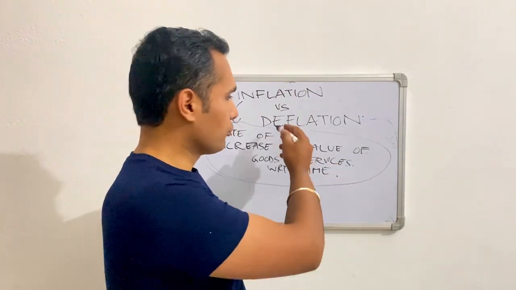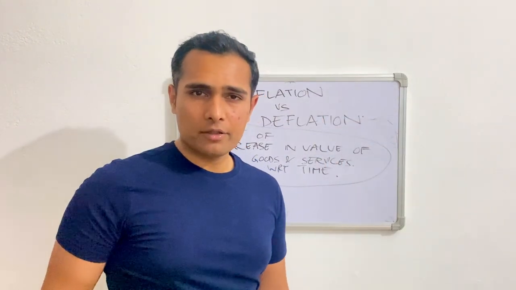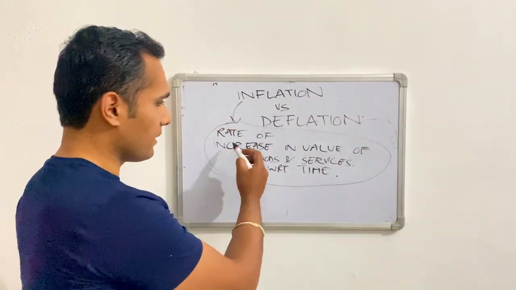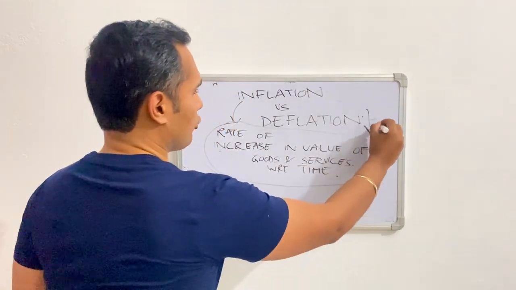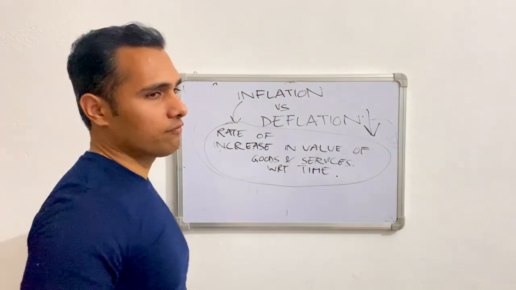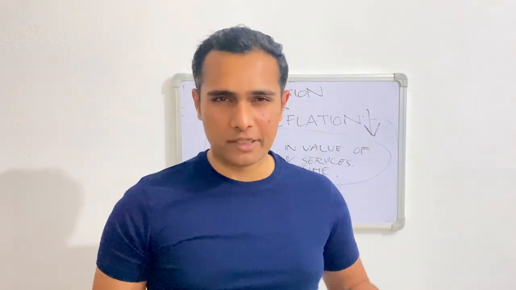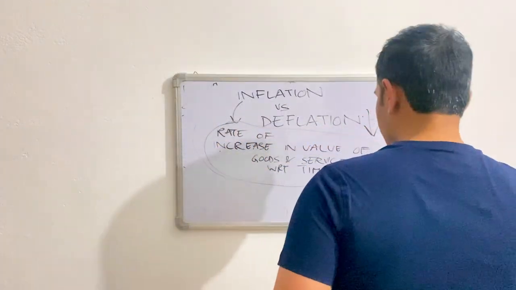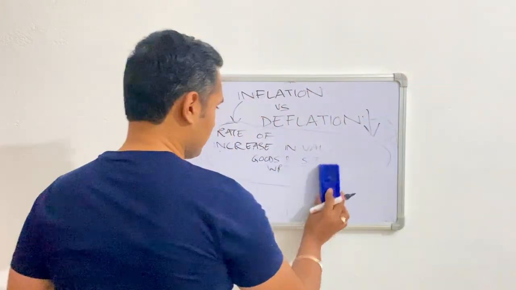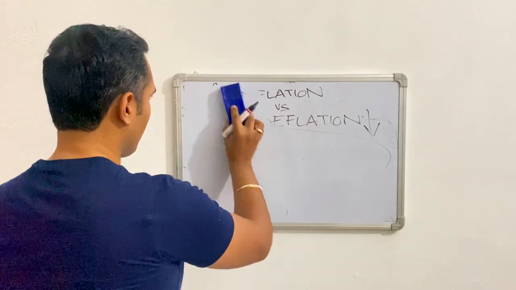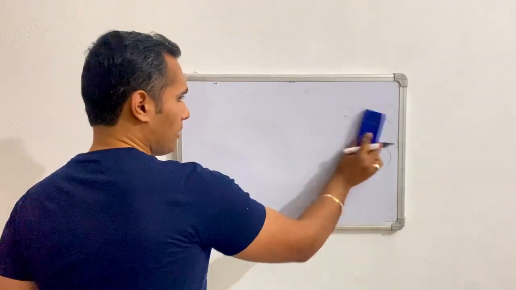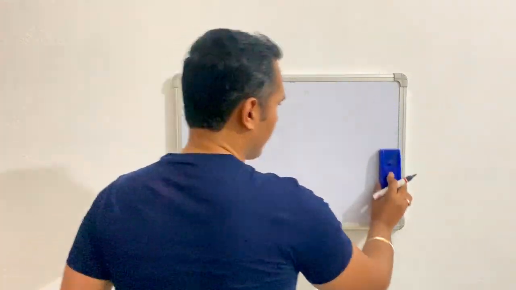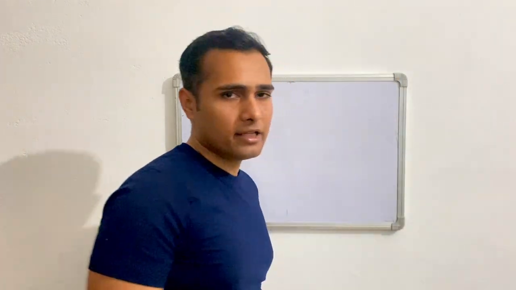And let's say the value starts decreasing with respect to time, then it is going to be the rate of decrease in value, that is going to be deflation. With respect to time, if the value of goods and services starts decreasing, then that is going to be called deflation. So these are basic economic terms which you must know before we move into the deeper things of the ESI subject. That's why this is included in my chapter 1.